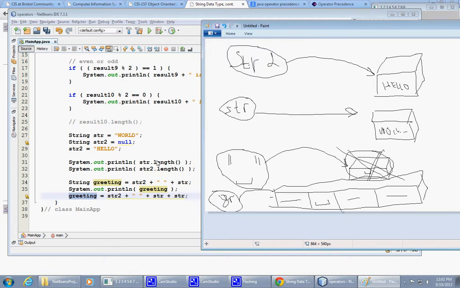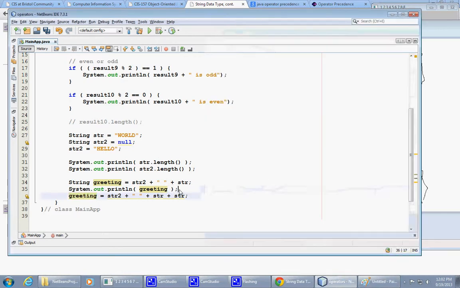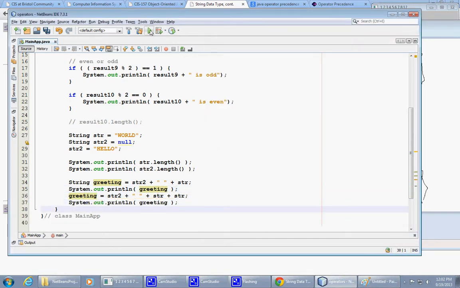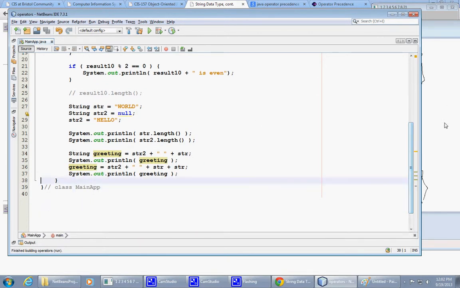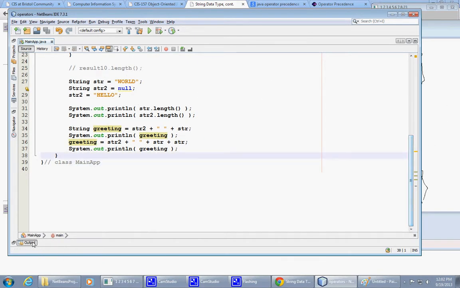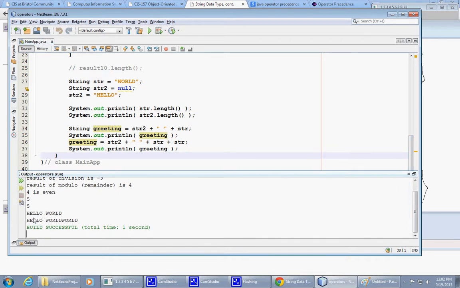So to sum up this demonstration, let's print those twice and just run it. So you see, the first time it prints, again, just trying to make sure that everything is visible, the first time I have hello space world. The second time I have this done twice because I did this str plus str, and that resulted in world